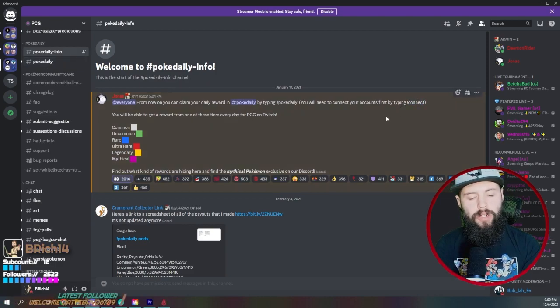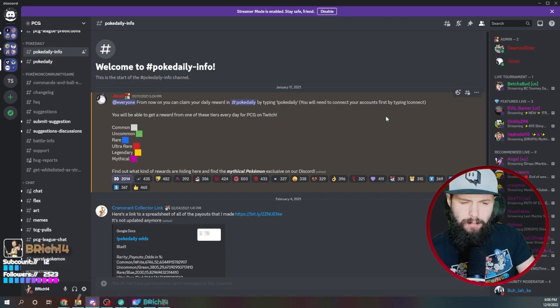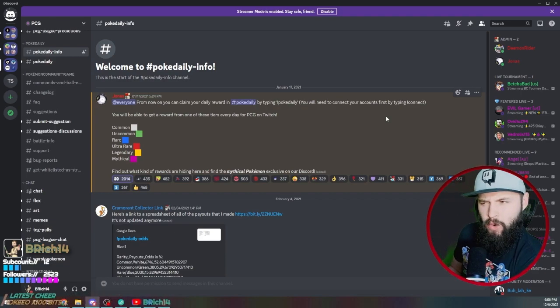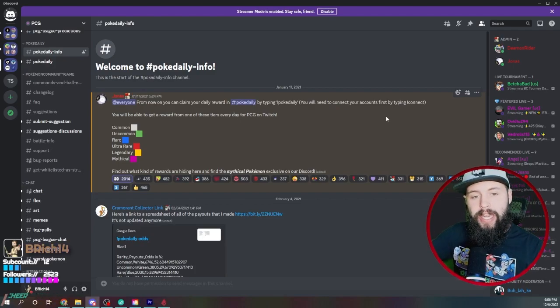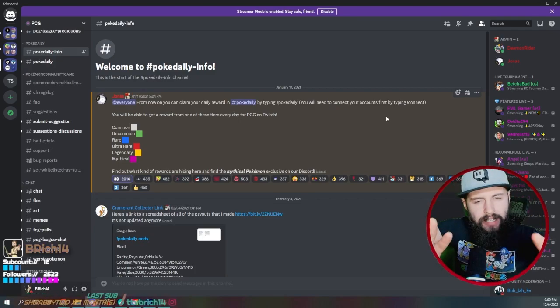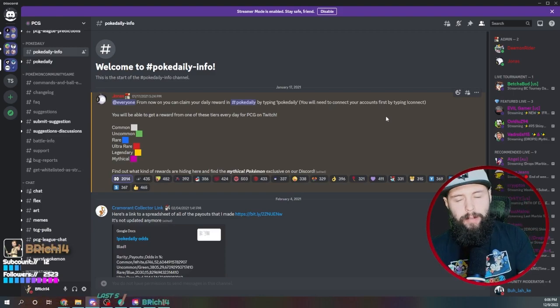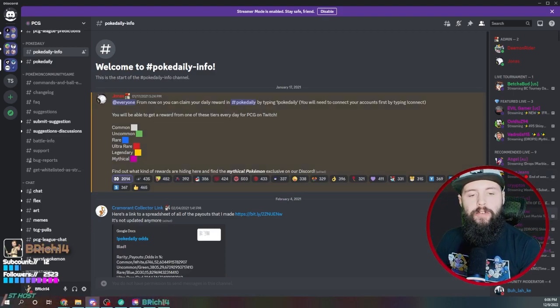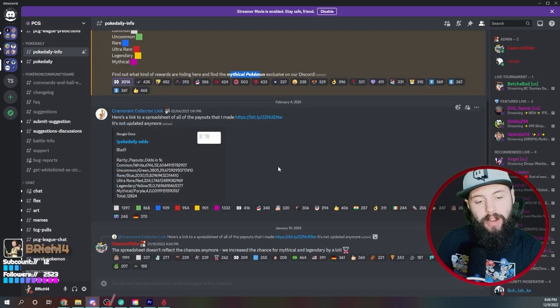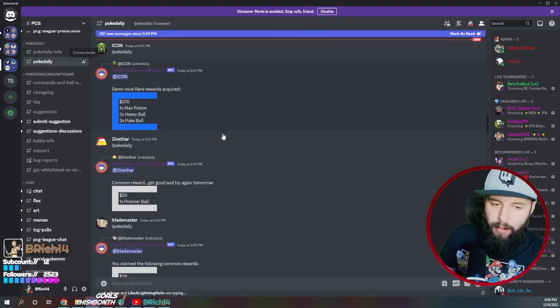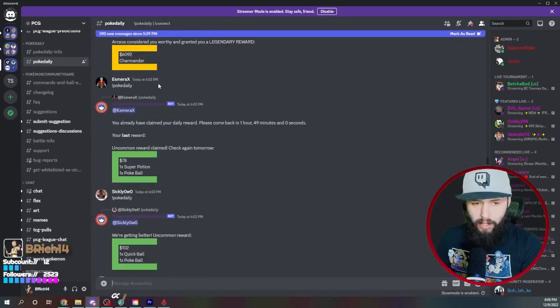That'll connect your Twitch Poke Community Game account with your Discord account with the daily to make sure things pair correctly, because you'll get items in the actual bot by using the command here in the Discord. And you want to make sure, obviously, that those pair. You can get anything from common to mythical rewards and even potentially mythical Pokemon. And here are the odds on how likely you are to get those. Plenty of examples. I've already done mine today, but all you need to do is come on through.